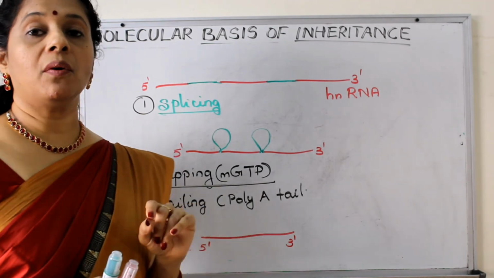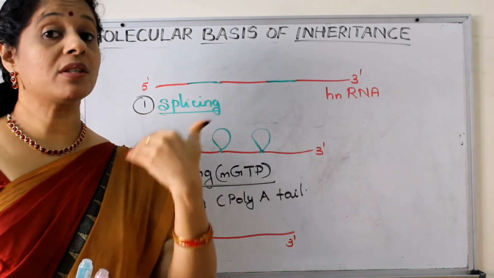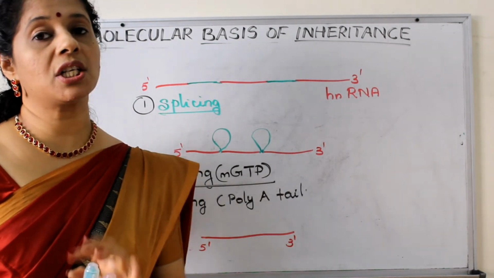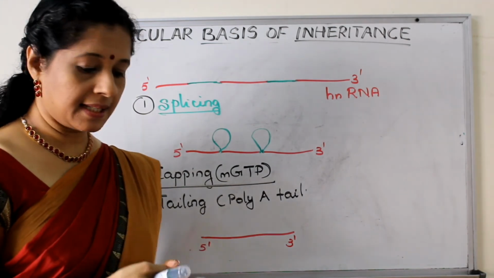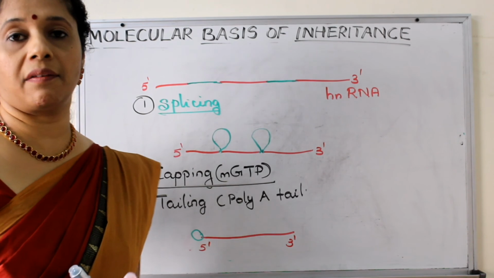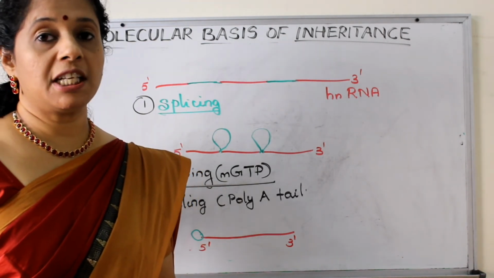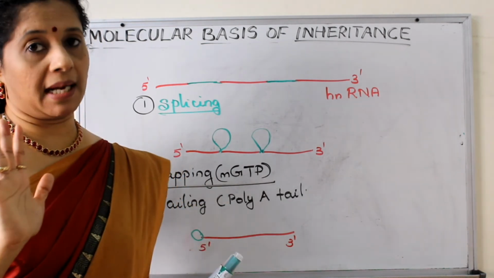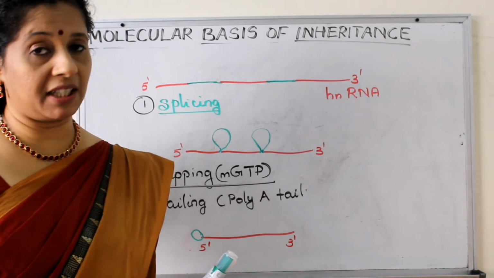Now, again, because this is now in the nucleus, before it goes into the cytoplasm for the process of translation, 2 more additional processing steps happen. Which are they? One is capping, that is to the 5' end of it, methyl guanosine triphosphate, which is known as an unusual nucleotide. GTP with a methyl group attached to it will attach to the 5' end. We can consider it as a head region, so it is a cap fitting there.